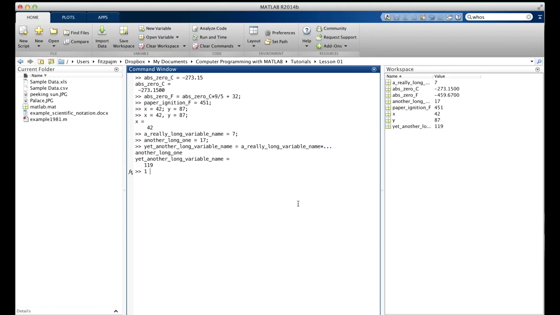Syntax is a language's set of rules for the form of the statements, including, for example, the rule that says you can't use a hash symbol in a variable name. Here's another example. 1 equals x. Of course, MATLAB doesn't like that. As you can see, it says the expression to the left of the equal sign is not a valid target